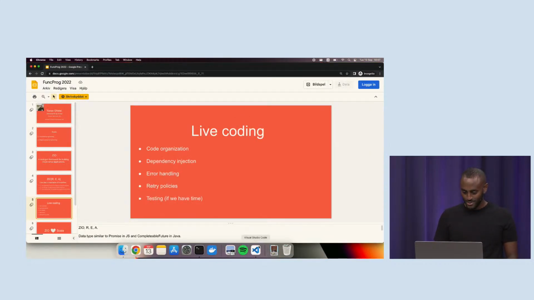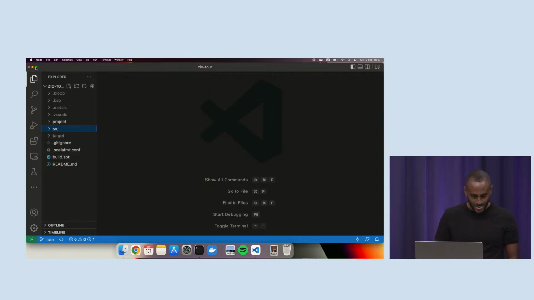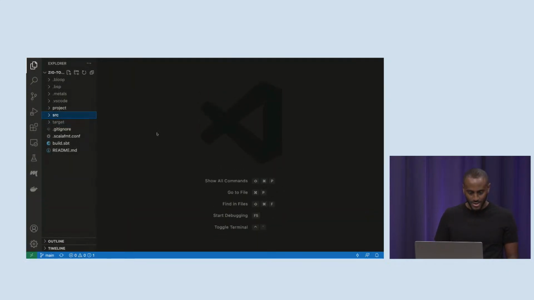Okay, so let's head over to Visual Studio Code here. I'll change this to full screen. For the non-Swedish viewers, we just had an election in Sweden, so I thought it'd be fun to build a kind of decent election system to showcase ZIO.